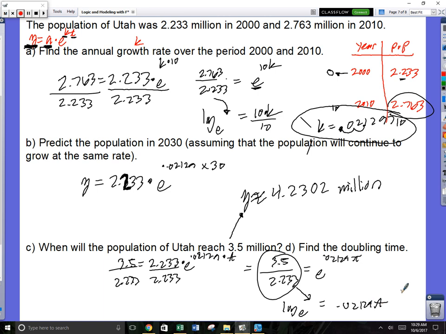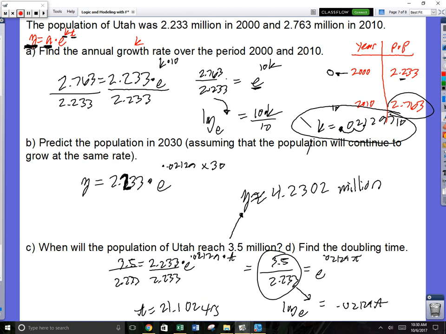So this is all calculator. So if I punch that in the calculator, we are going to get, divide that by, alright, so we get time is like